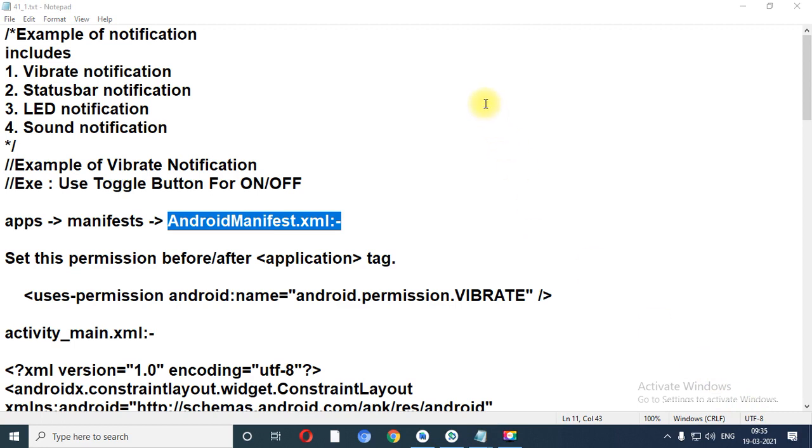So first of all, we will use the first file when we develop any application in the notification. At that time, AndroidManifest.xml is the first file in which we are going to set the permission. Now let us design our application, and